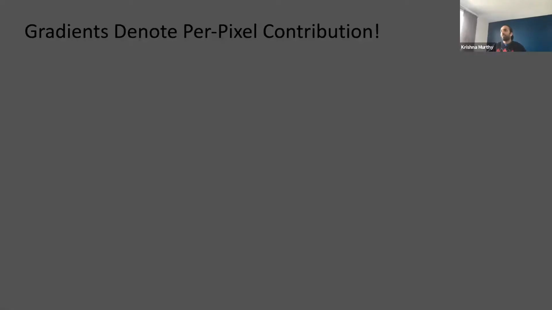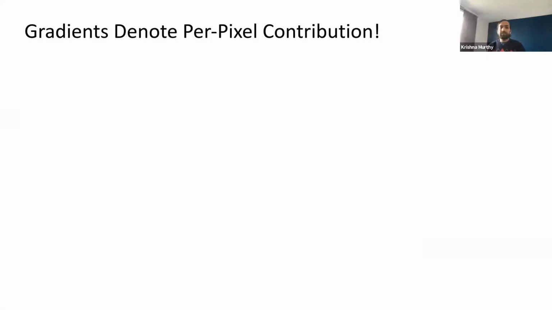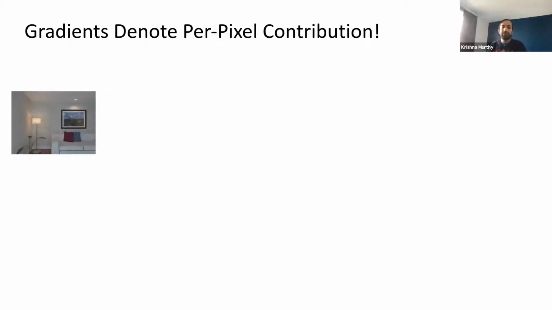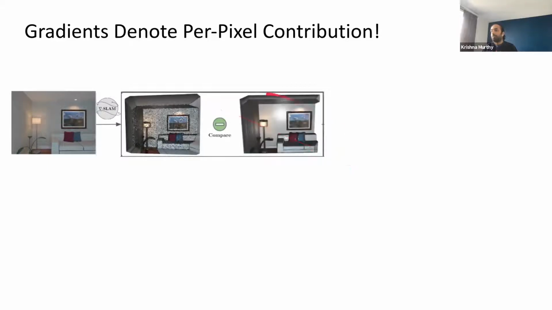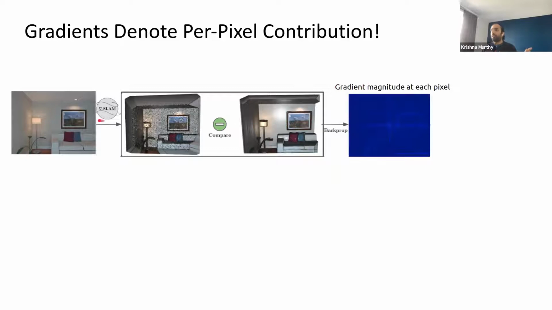But let me just quickly skip to why such a system might be of interest. Why would we care about this entire 3D reconstruction pipeline being differentiable? Here's one really cool experiment that paved the way for a lot of what followed. We took a sequence of RGB and depth images and passed them through GradSLAM, and the depth was noisy, so we ended up getting a noisy reconstruction. We compared this noisy reconstruction with a ground truth reconstruction obtained from clean depth images and backpropagated all the way to the image.